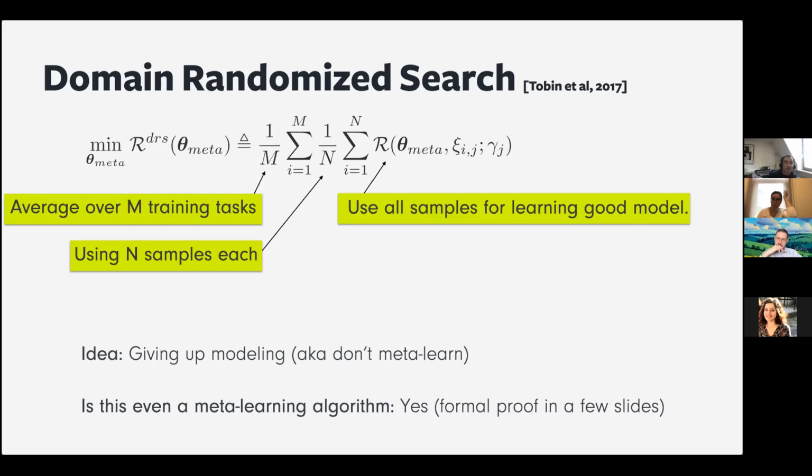So one could argue, is this even a meta learning algorithm? More specifically, is learning the n+1 task easier than learning the first n? And surprisingly, the answer is yes, and we have a formal proof for this. And since now these are comparable, we can do both theoretical and empirical comparison between them. We call this domain randomized search because the one focus that we have is reinforcement learning, and in the reinforcement learning literature, similar algorithms are typically called domain randomization.